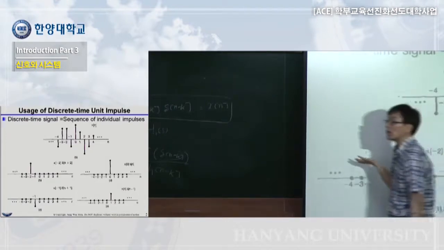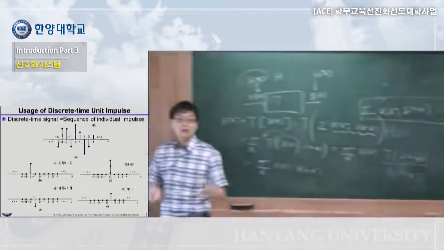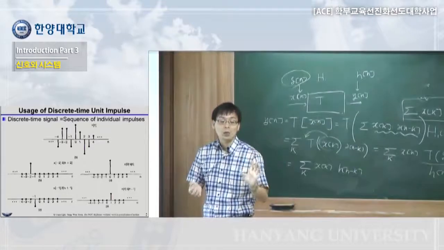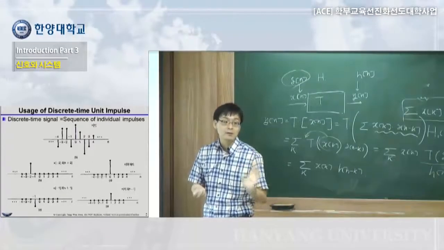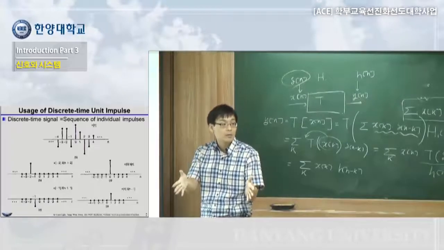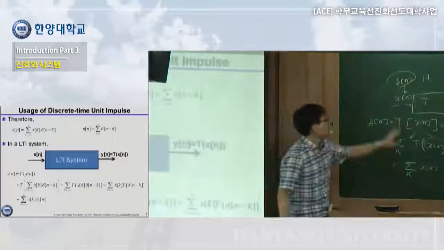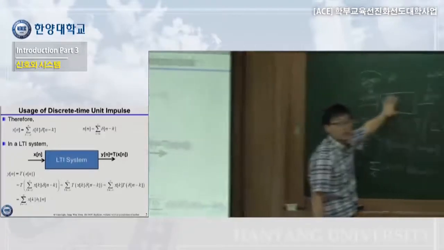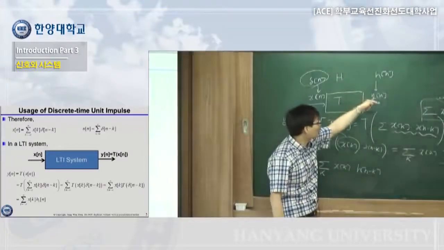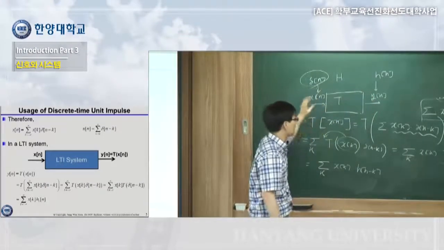That's the reason we consider impulse response and think impulse response is a representative of the system. Because when you apply a delta function, the output will be the same as the system, right? That's the one reason we keep on using H as a transfer function. Because the transfer function is the output of the system actually, but the output of the system will be the same as the system. That's the reason. Second,